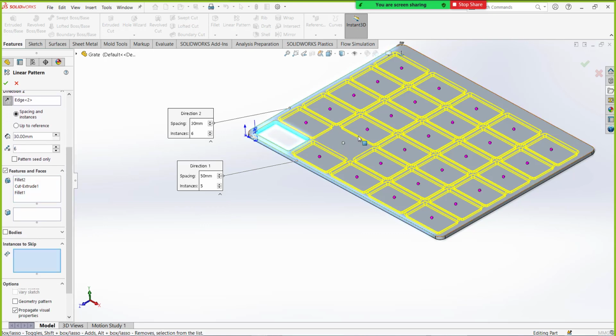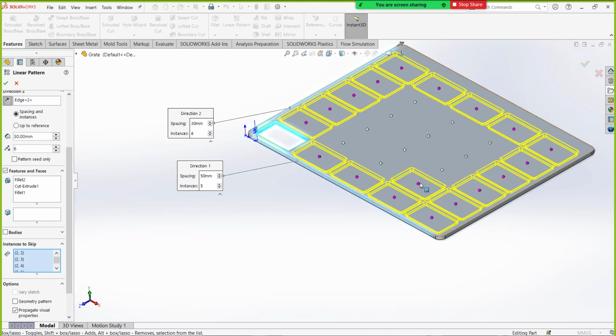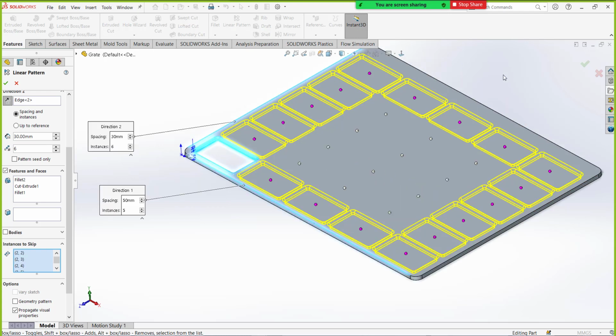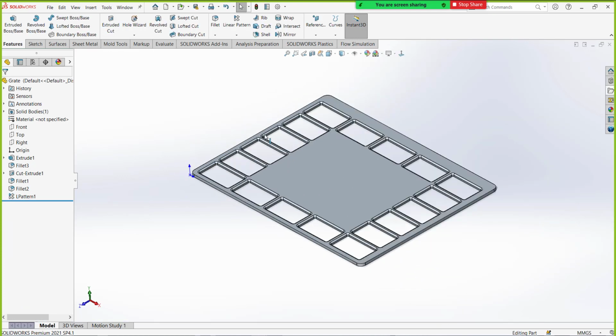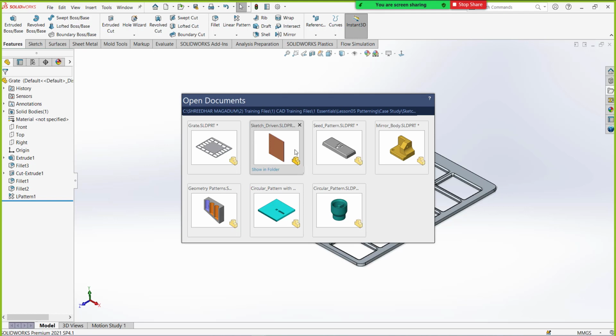You can simply select the purple points so that particular instances will be removed. Any doubts here? No. Okay, this is a simple glimpse about the linear pattern, and now we'll switch to circular pattern.